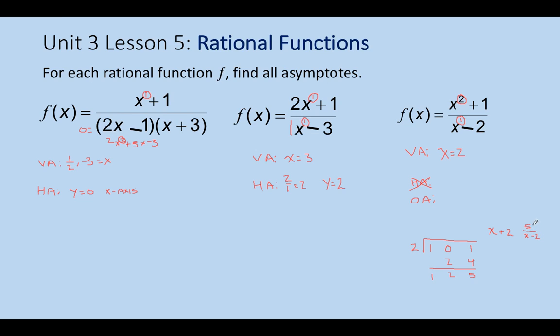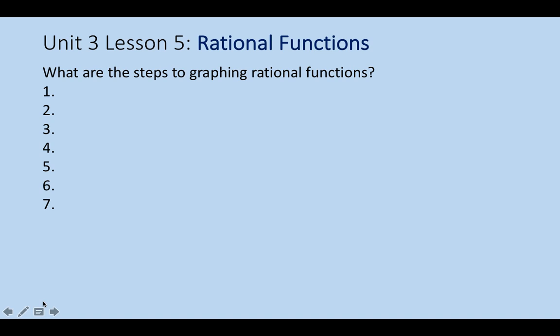Okay? Essentially what's going to happen is we're going to ignore the remainder, and what we have left over that we got from this piece right here, that is going to be the equation for our oblique asymptote. So y equals x plus 2 would be the asymptote, and it's going to kind of cut across at an angle. All right, so these are baby steps leading up to how to graph any of these